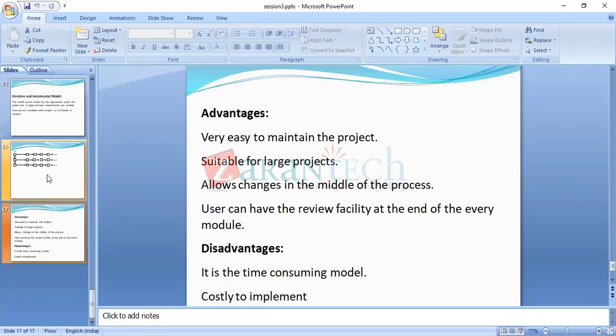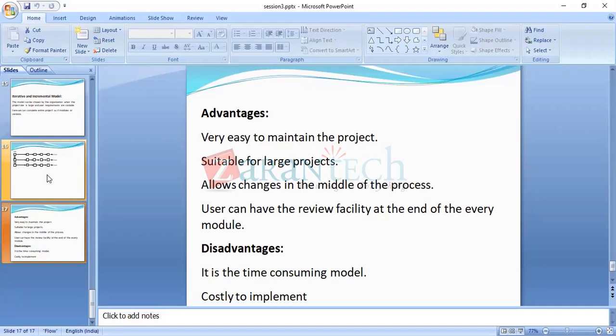So you can take my recordings multiple times, you can listen. So you will come to know what I'm trying to say. The first advantage is it's very easy to maintain. The second advantage will be suitable for large projects.